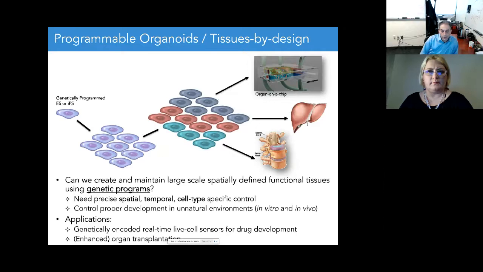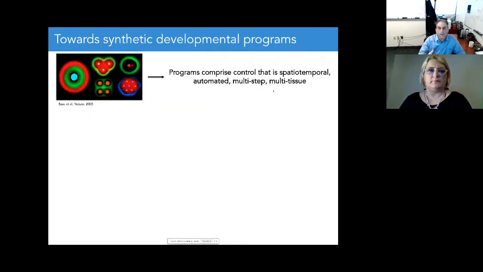And then ultimately what we want to be able to do is even genetically engineer these organoids, like these livers, to be more robust so that they can engraft better in a person. And maybe we can even make liver that is able to resist certain virus infections. These are the kinds of things that we can already begin to imagine. But let's take basic steps on understanding how to get there.